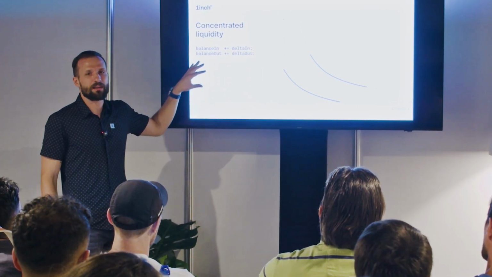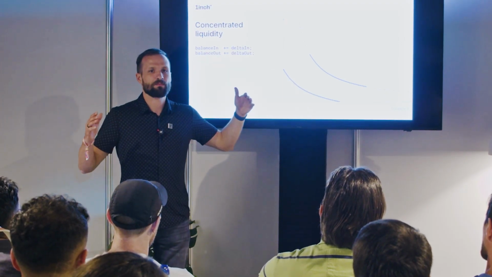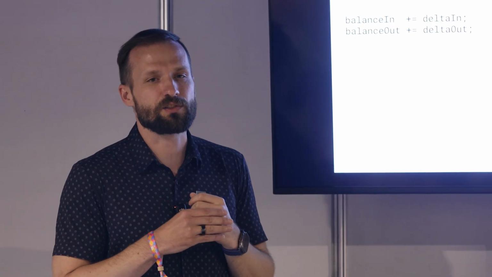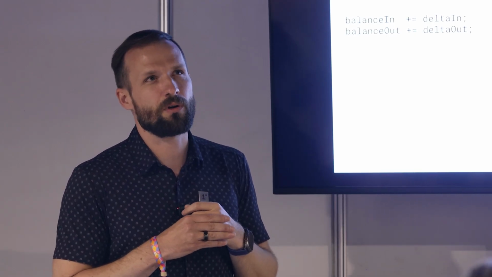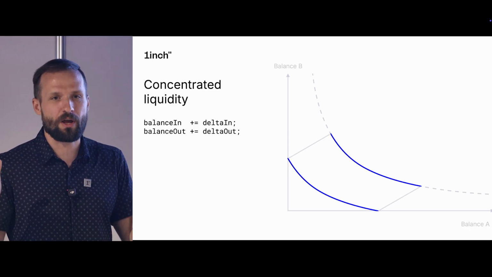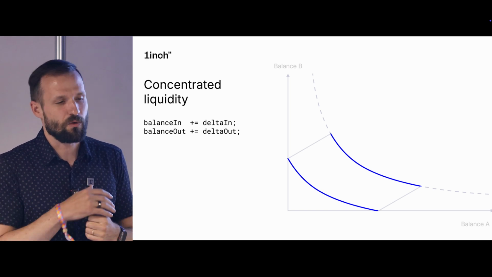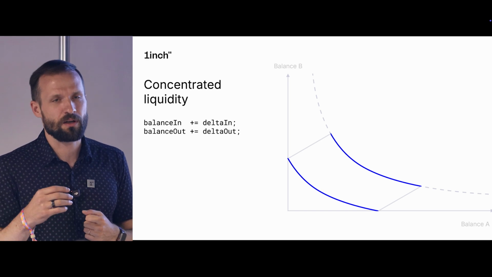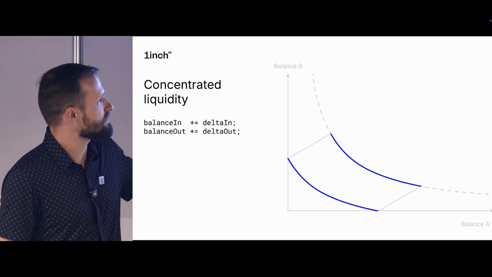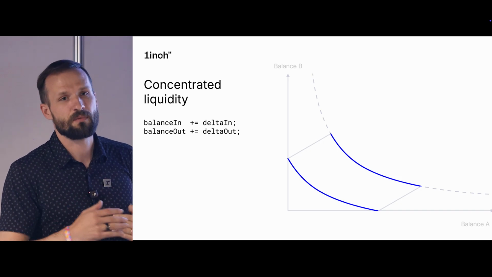One more thing, if you would collect fees here, this price range would actually increase. That's why we named this instruction XYC concentrate grow price range. But some people would like to have a range which keeps maintaining its boundaries. That's why we wrote a different instruction and called it XYC concentrate grow liquidity, which just scales those deltas by the invariant increase. And that's it.